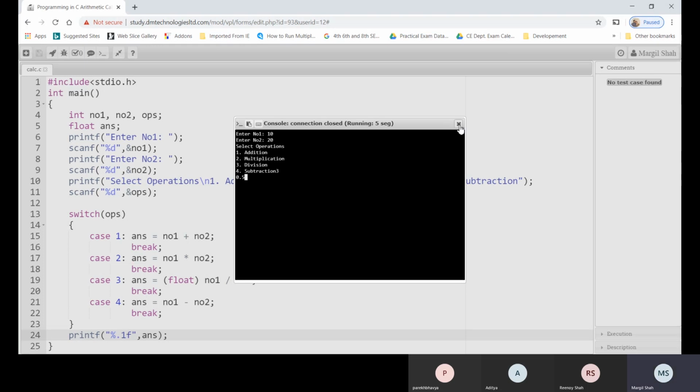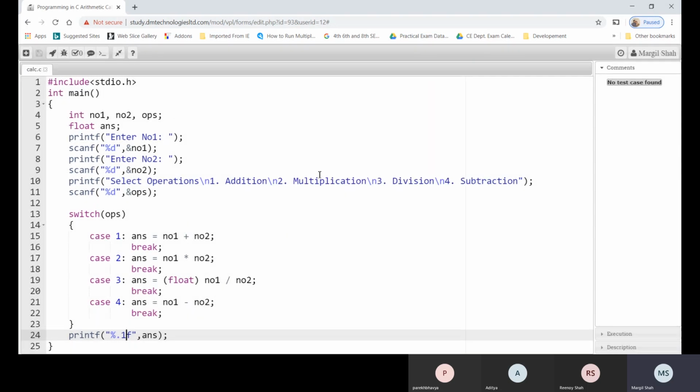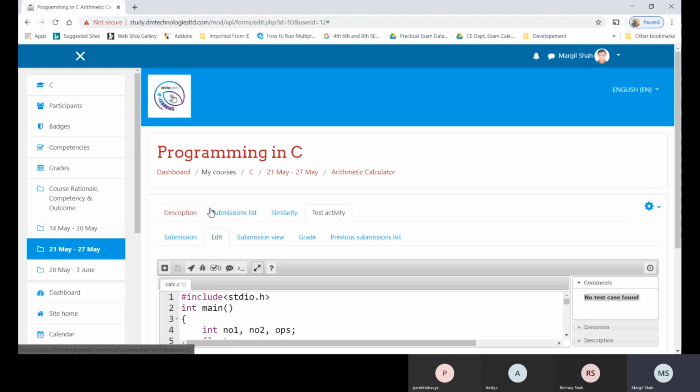See, this is what we are looking for. How can we format the input and output? That is also possible. And how can we deal with integer and float kinds of variables? That is also possible, right? So this is the second code we have discussed.